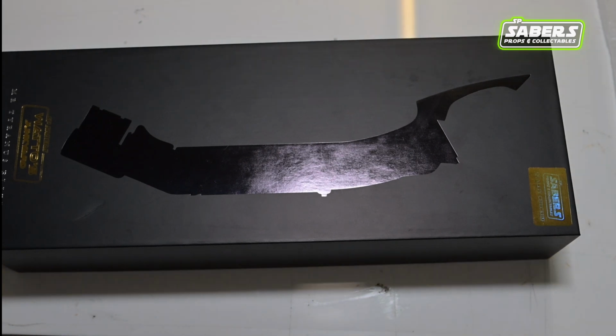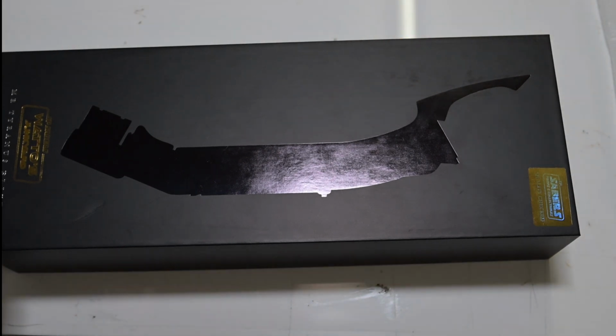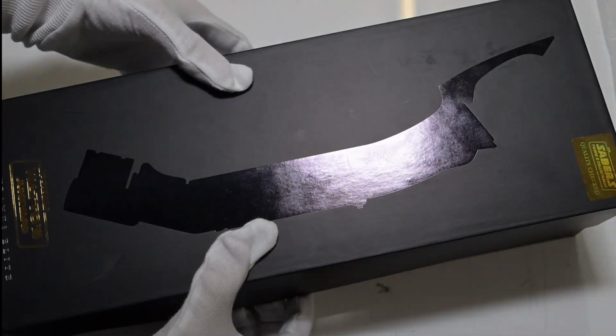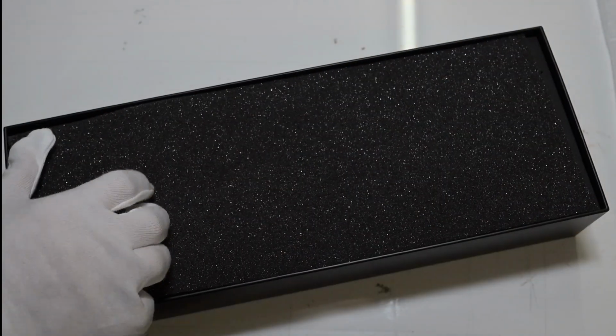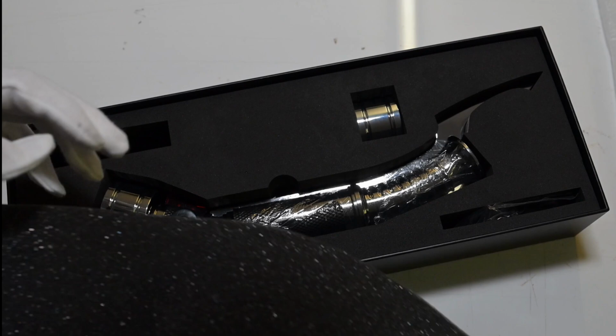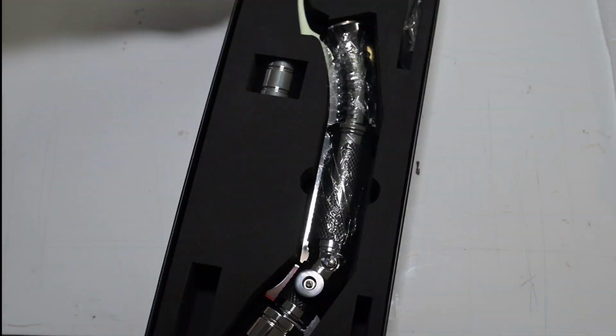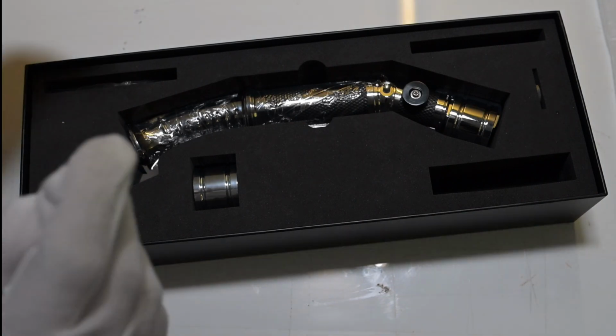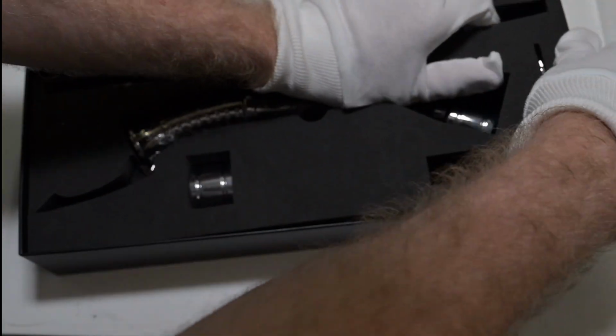Rightio, so here we've got a MR Tyrannus Elite standard edition in box. So we've got the box lid with the artwork, got the foam, and then inside here we've got the saber itself. So what comes in the box? Inside the box,